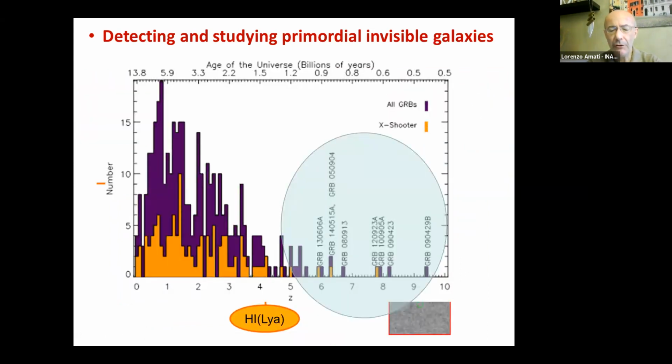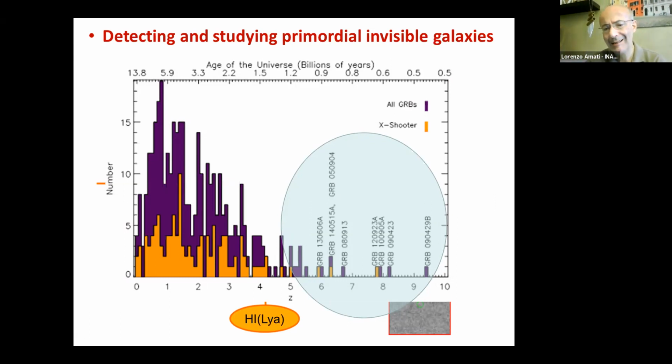But the main issue here is that despite the many observational efforts by many facilities in space and on the ground, we are still stuck with only a few gamma ray bursts detected at redshift 6. So only a few gamma ray bursts have actually been detected in the first billion years of the universe. So this is, as I will show later, one of the main goals of all the future gamma ray burst missions that are being studied by the worldwide community.